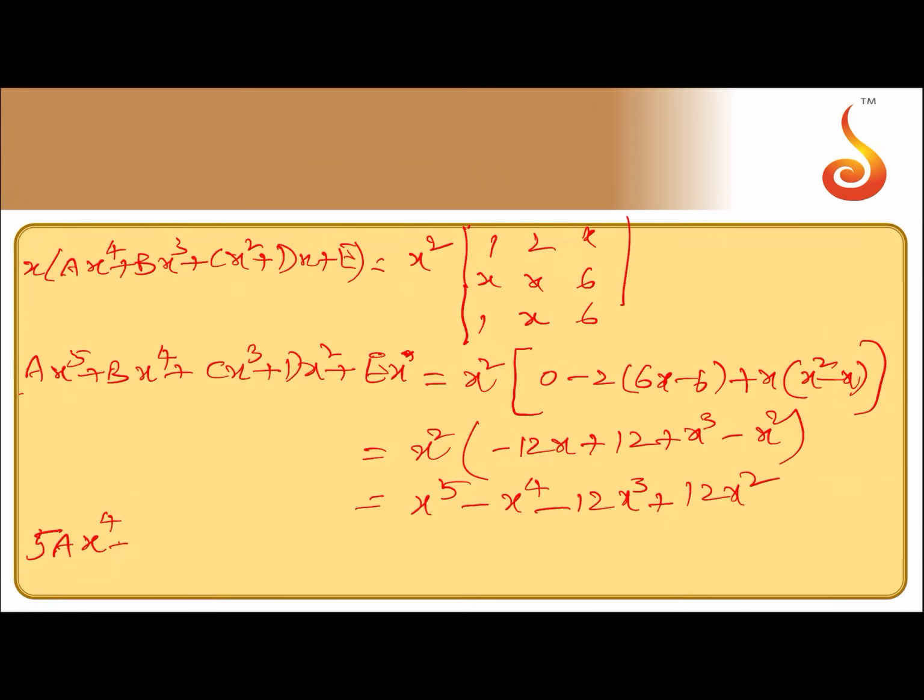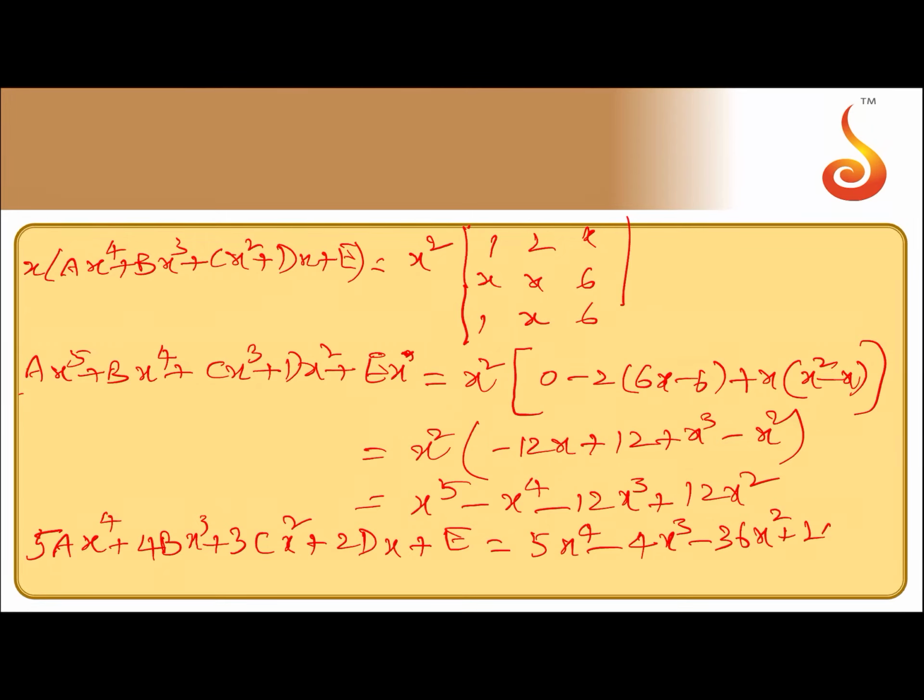5ax to the power of 4 plus 4bx cube plus 3cx square plus 2dx plus e, that is equals to 5x power 4 minus 4x cube minus 36x square plus 24 times of x. And now if you substitute x is equals to 1,